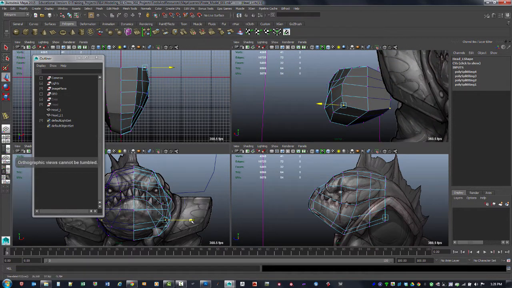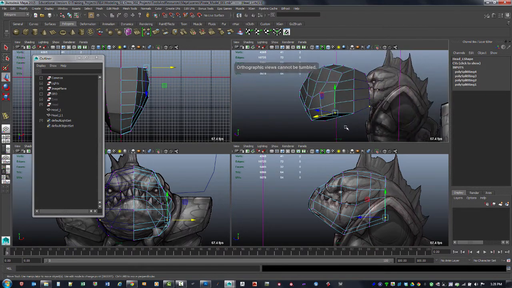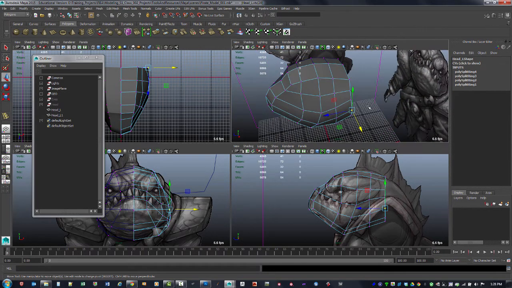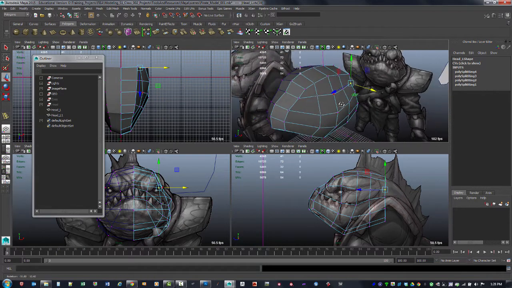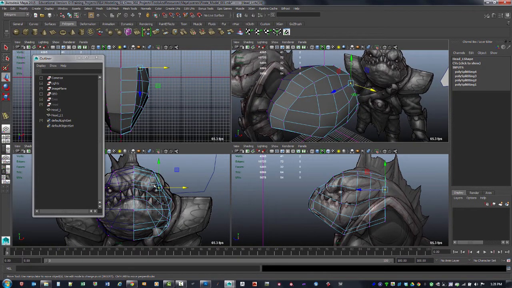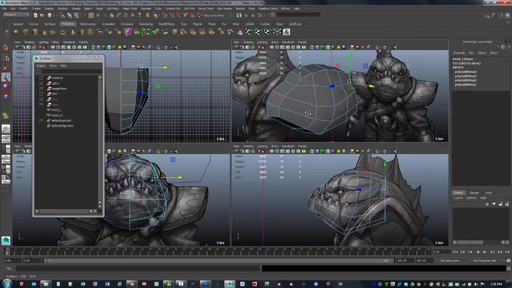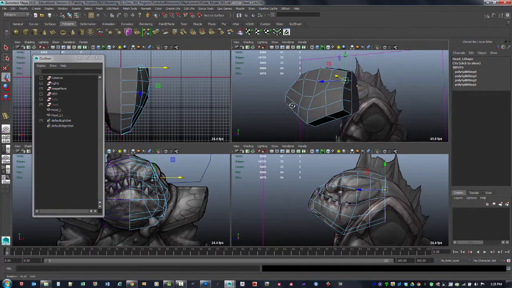And I've got to kind of imagine back here in the back. The drawing doesn't necessarily help me with that, but I've got to imagine as this thing goes back in space, does it taper in a bit more and pull in? Okay, so I'm definitely missing this ridge for this eyebrow, and we'll get that in there, but let's keep going